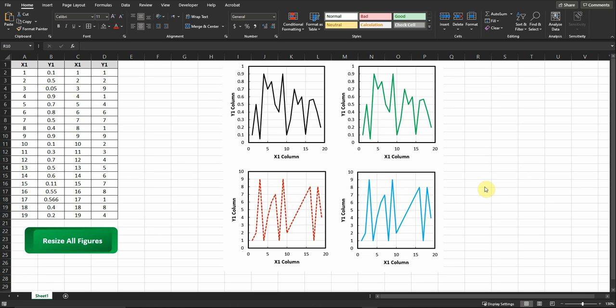Hello everybody, so in this video I will show you another way to resize all the charts much faster than